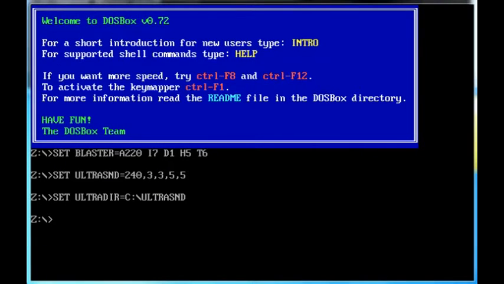Hi and welcome to this video about DOS programming. The emulator used here is DOSBox. Now this is a redo of an earlier video which had so many views, but here's the mount command,